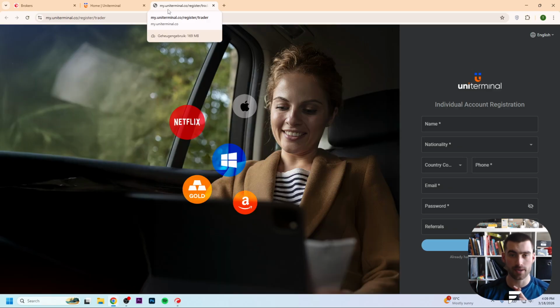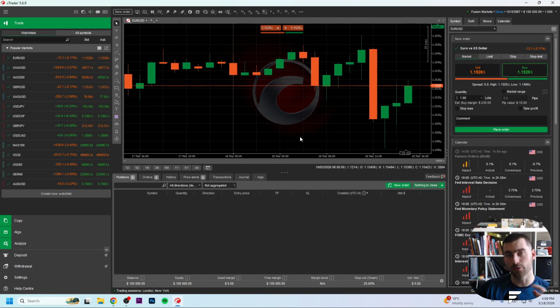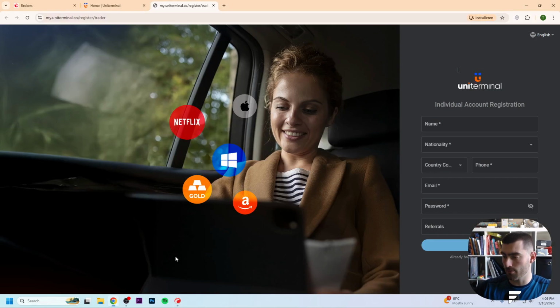Because the first step is that when you're filling in the email address right here, you need to use the email address that you are using right here in cTrader. And you can find this by going right in the top, and then here is the email address. Then after that, if you go back,